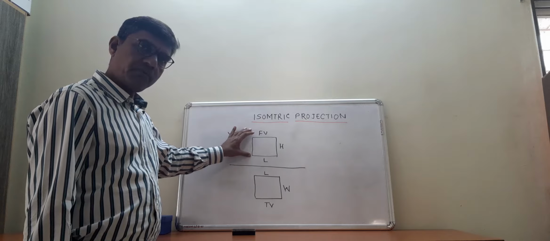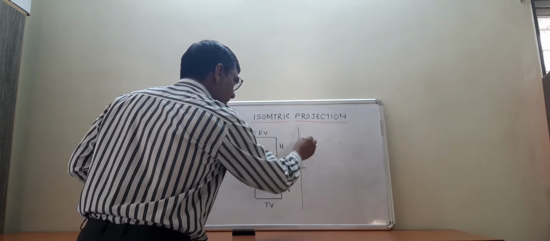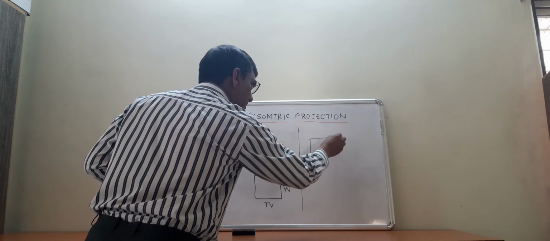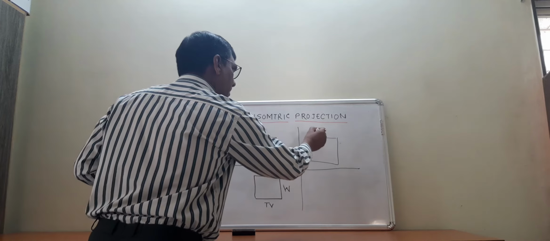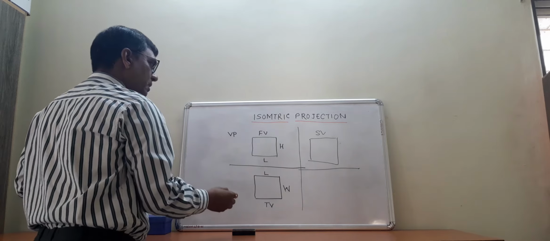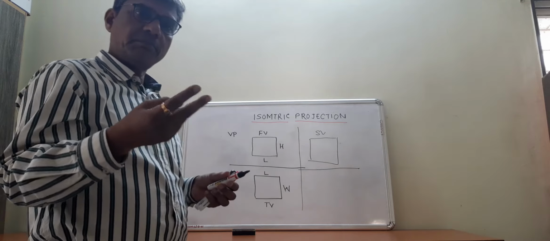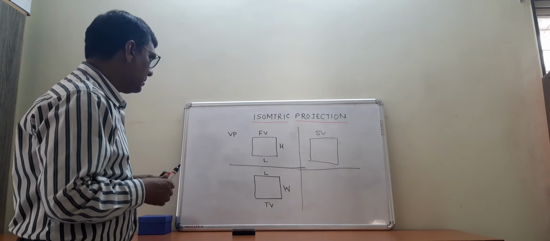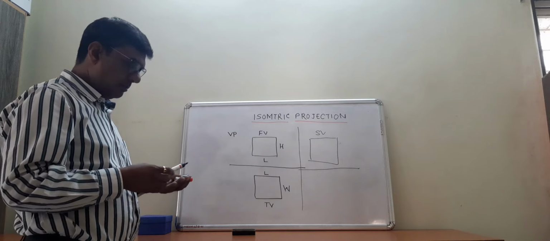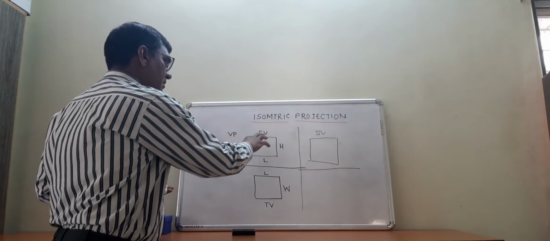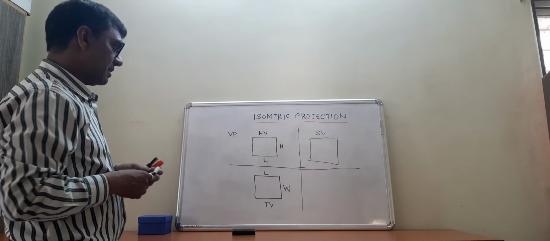It may be the combination of front view with the top view, or it may be the combination of side view with front view, or it may be the combination of side view with top view. So it can be in any form, but minimum two views are required. In this way, the given input, we are going to use it for converting this orthographic into three-dimensional picture as isometric.